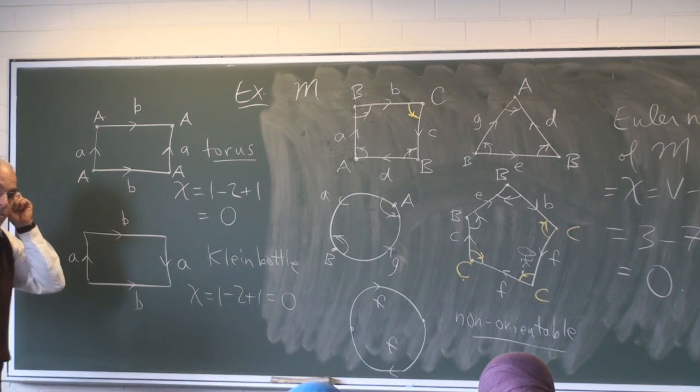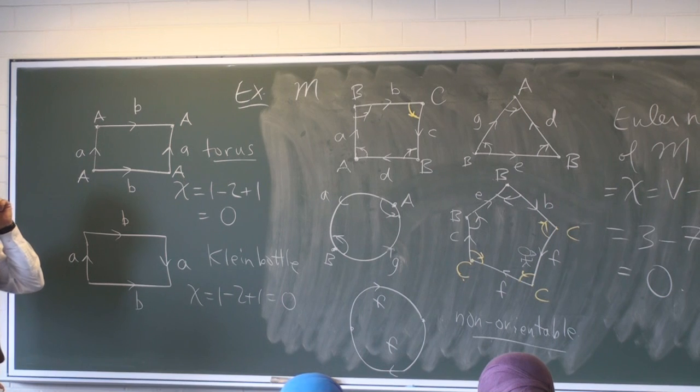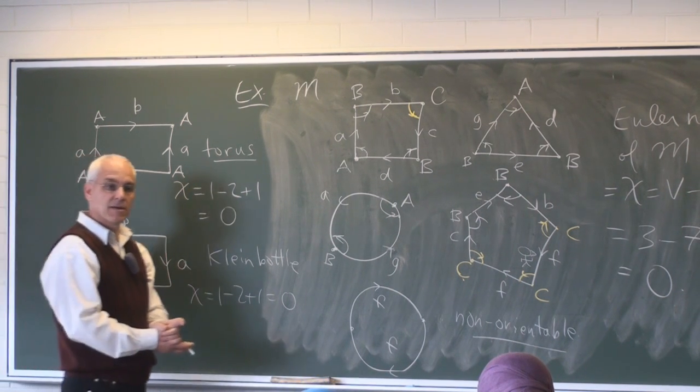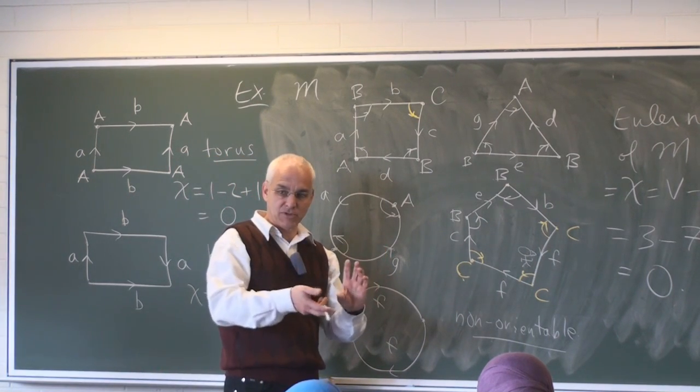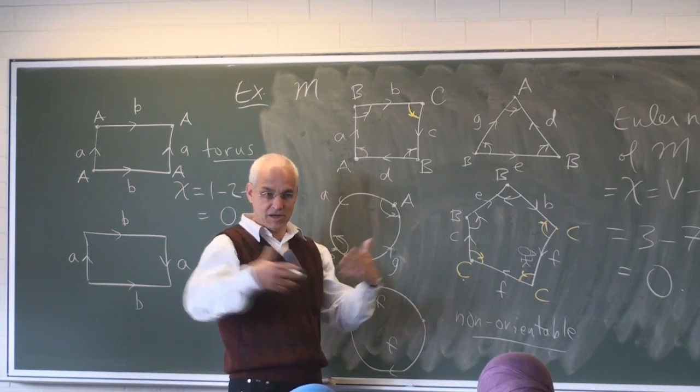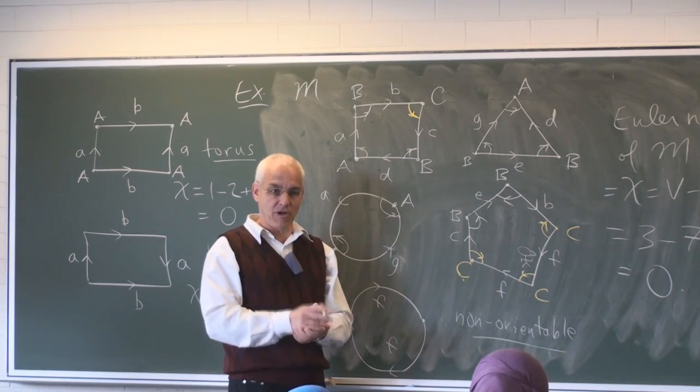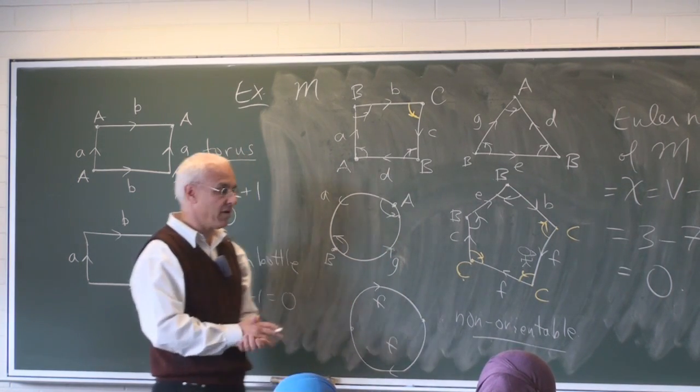So is that saying if we can find a Mobius band in it, then it must be non-orientable? Yes, if you can find a Mobius band in it, then it's non-orientable. So whenever you can find a non-orientable surface within a surface, the bigger surface has to be non-orientable as well, because the little part is non-orientable.